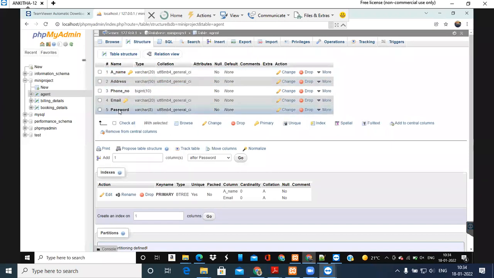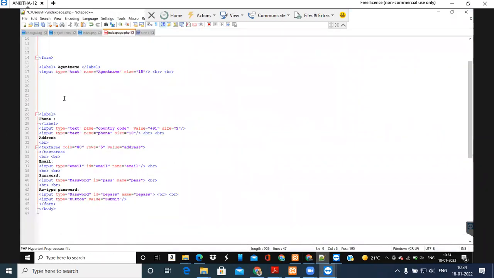So now how many pieces of information do we need to accept, students? Here we need to accept 5 different pieces of information for 5 different attributes. Okay, then we need 5 input fields. So now we need to create 5 input fields in your HTML form. So wait, see, she created already.